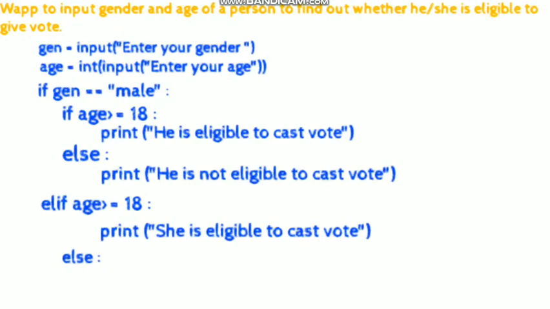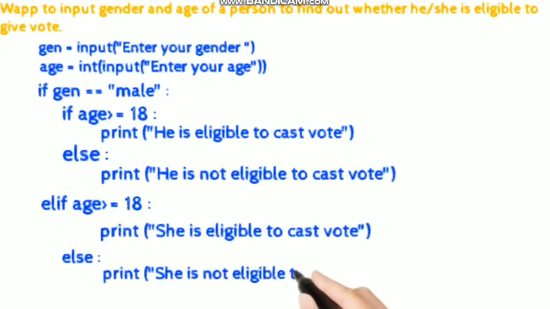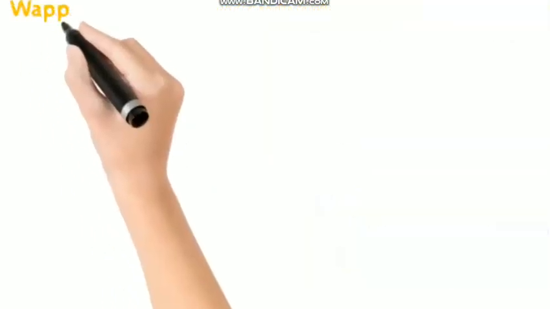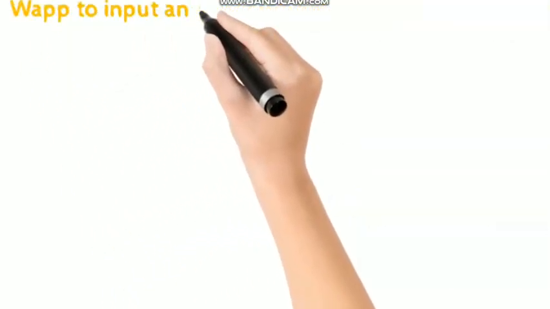There will be 4 statements as I told before, so all 4 statements get completed. So your program is completed. The only thing in Python is we need to see whether the indentation we have given is proper or not. According to the indentation, the statements will get executed when a condition gets satisfied or doesn't get satisfied. In either case, it will execute according to the indentation we have given.